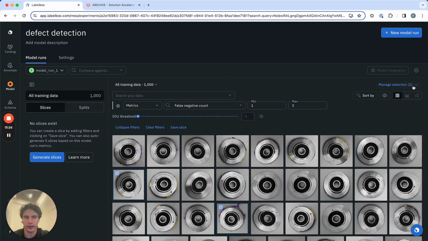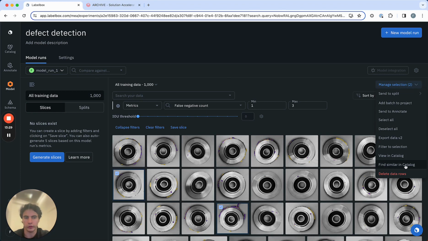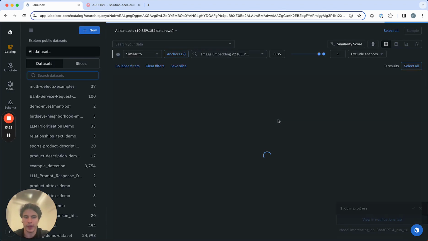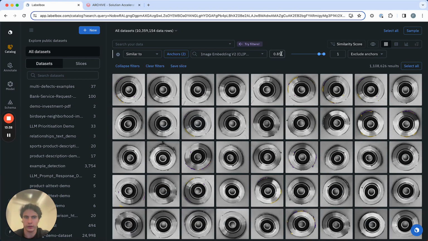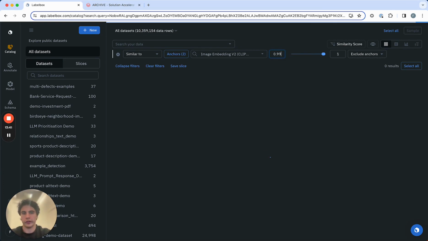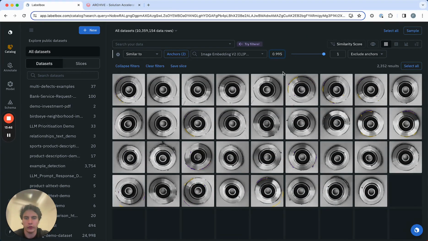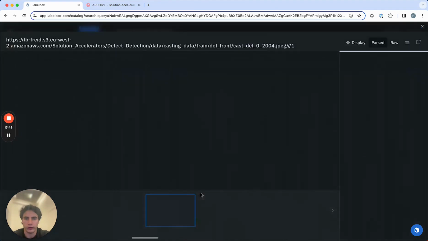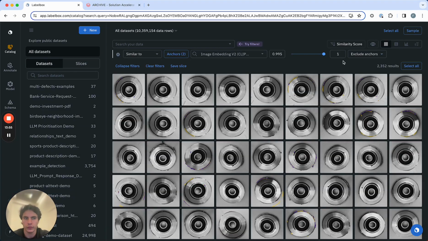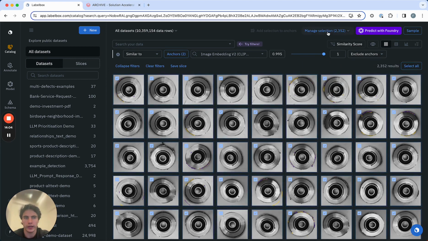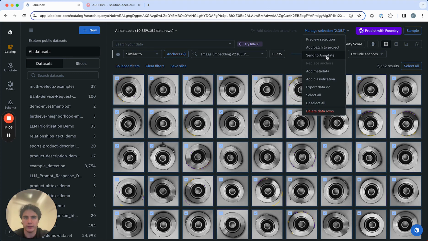Having done so, we can navigate to the top, find similar in catalog, and as before, we can leverage catalog's similarity functionality. In this case, however, we wish to set the threshold significantly higher. The idea being that we will narrow down on instances of our object where frayed edges exist, such as this. Once we've identified supplementary data that we may wish to annotate in order to improve on our model's shortcomings, we can do select all, and as before, we can send these to Annotate,